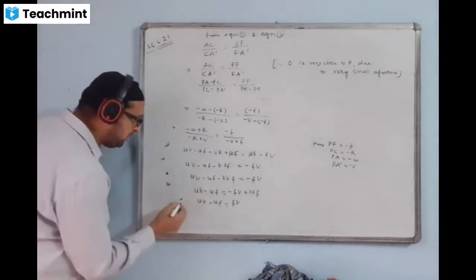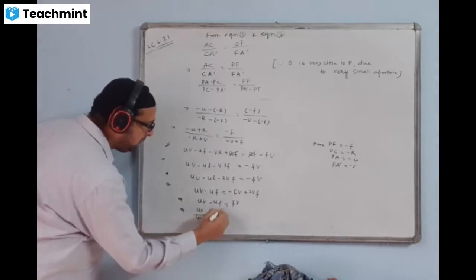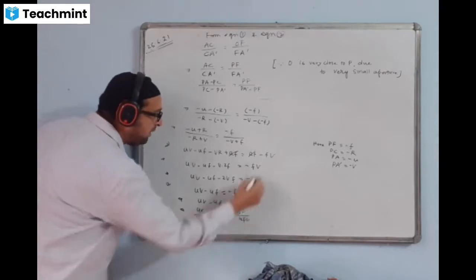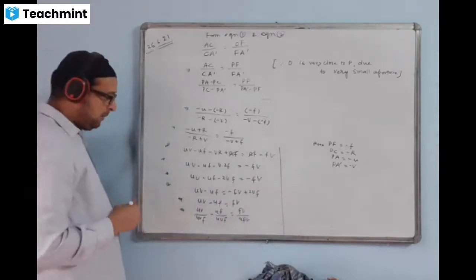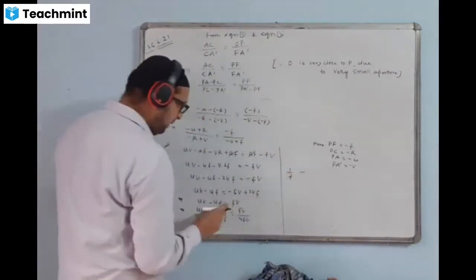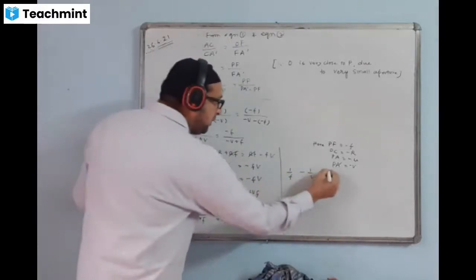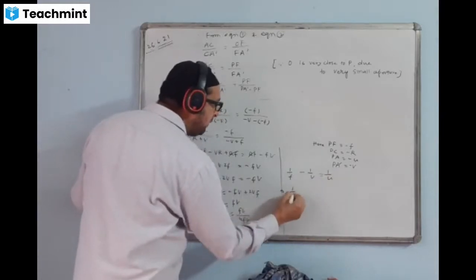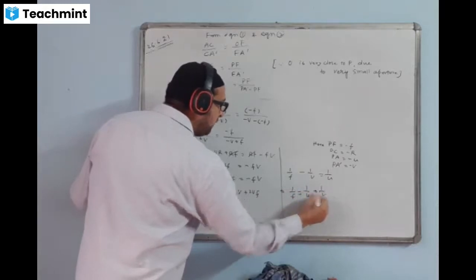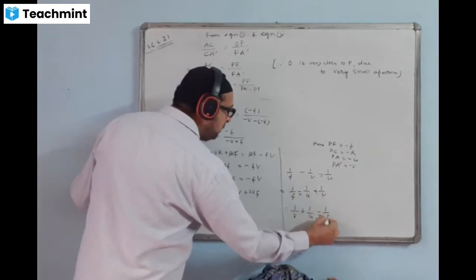Dividing by UVF everywhere. Same technique out there last. UV by UVF, UF by UVF, FV by UVF. Dividing everywhere by UVF. UV cancel. You get 1 by F coming here. Minus UF will go. You get minus 1 by V coming here. FV will go. You get 1 by U coming. You get 1 by F minus 1 by V, send the other side. You get 1 by U plus 1 by V. Therefore, concluding answer now we are writing as 1 by V plus 1 by U equal to 1 by F.